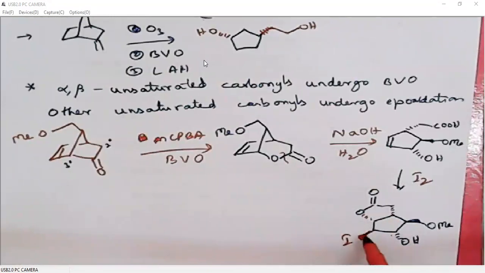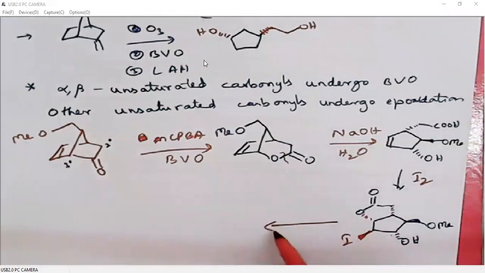Iodonium ion can form in any plane, above the plane or below the plane. But with this neighboring group participation, that means OH is coming below the plane. Iodonium ion formation above the plane is useful for us. So the iodonium ion forms above the plane, then OH from neighboring group participation will approach this iodonium ion from below the plane and open it. So we will get an iodination here.